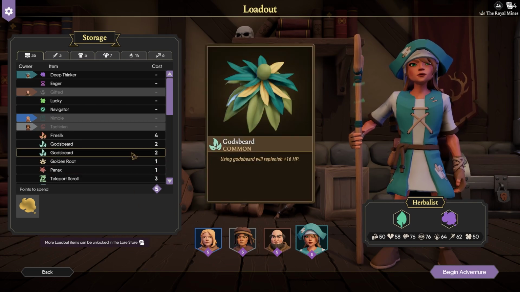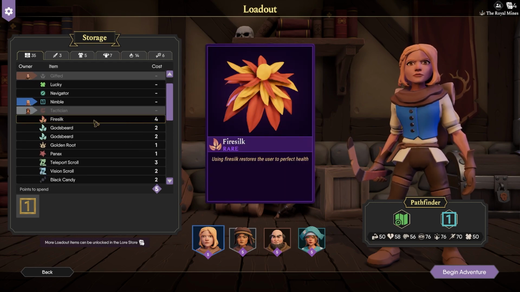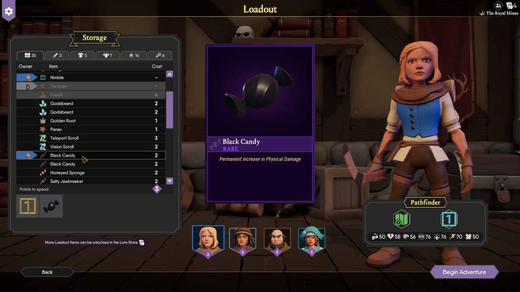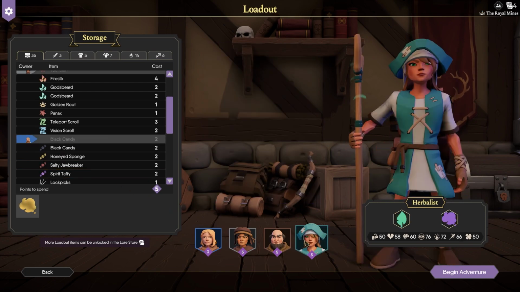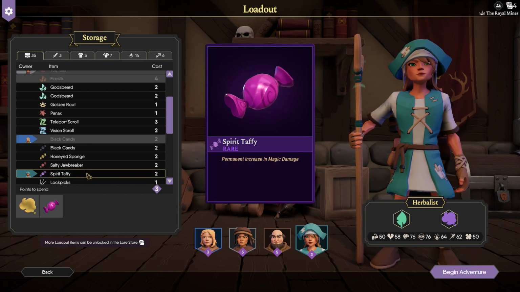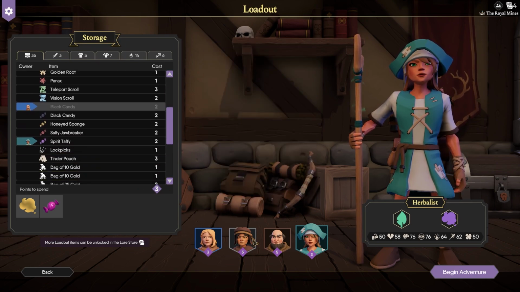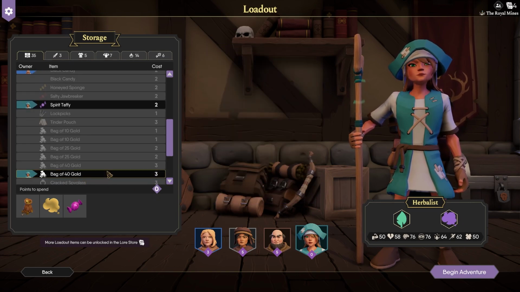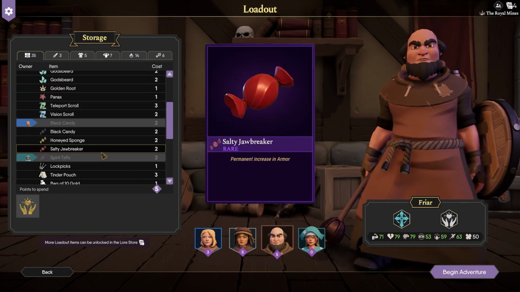So, what else? How many loadout points do we have? We have 5 loadout points. Let's go ahead and grab a black candy for our Pathfinder. And let's grab a Spirit Taffy for our Herbalist. And Herbalist is also going to want a bag of 40 gold. Yeah, and then we're going to grab a...